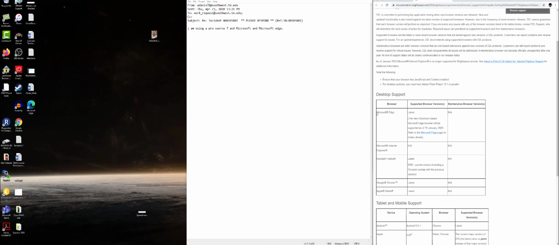And you'll notice here that they do support Microsoft Edge, but the latest version. So if you let it start to lapse, they're always updating the system, the Pause system, to keep up with the latest version. So if you let your browser version lapse, then things may not start working correctly in Pause. And hopefully that's the case here. So please make sure that you are using the latest version of Microsoft Edge,